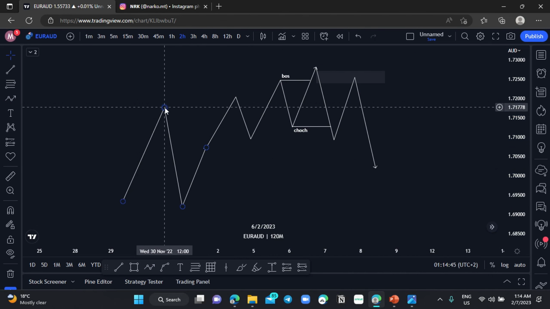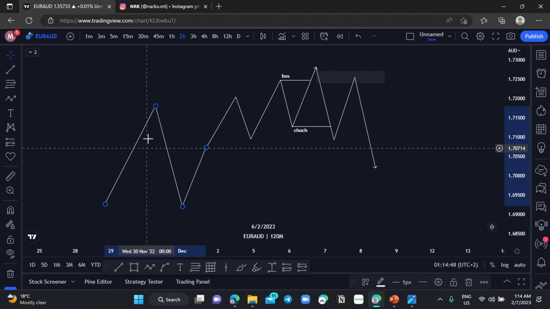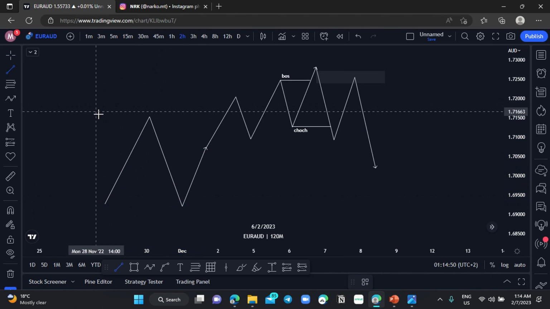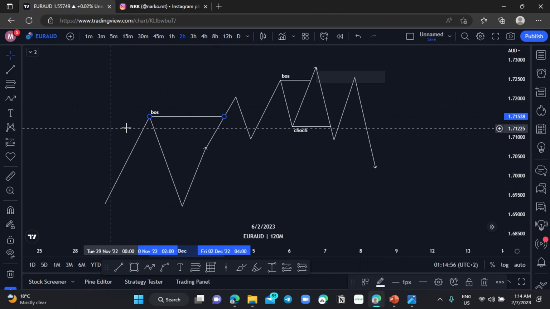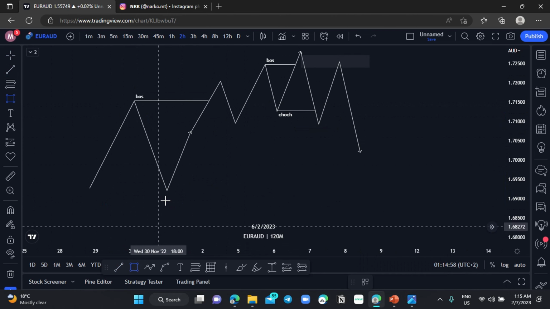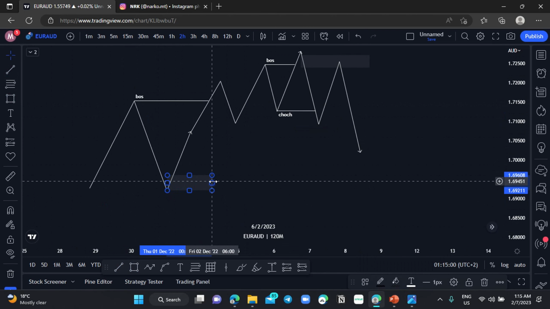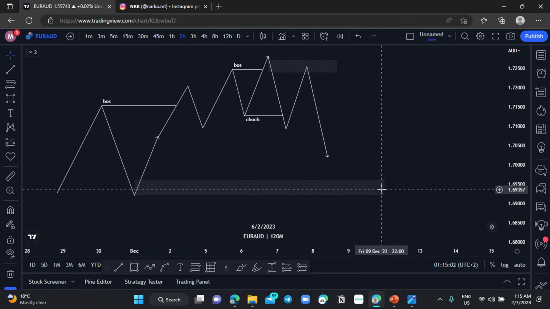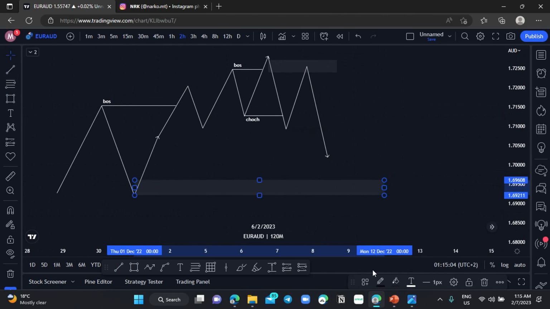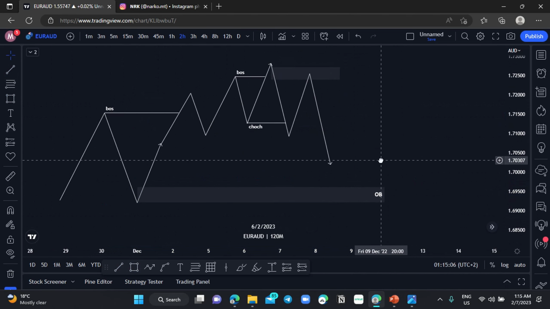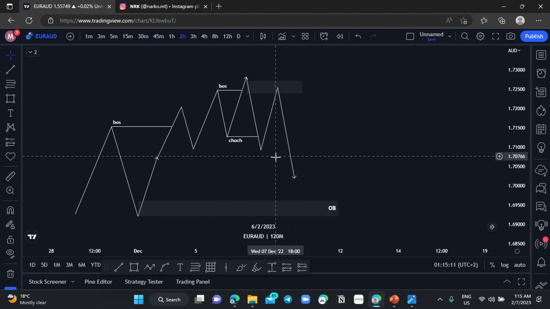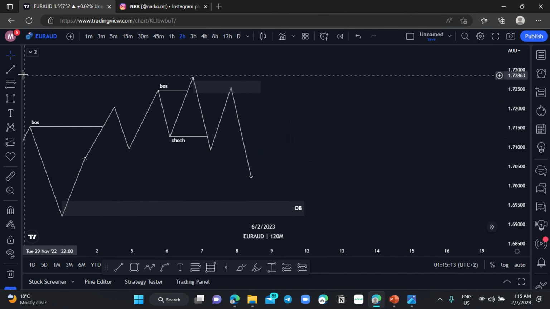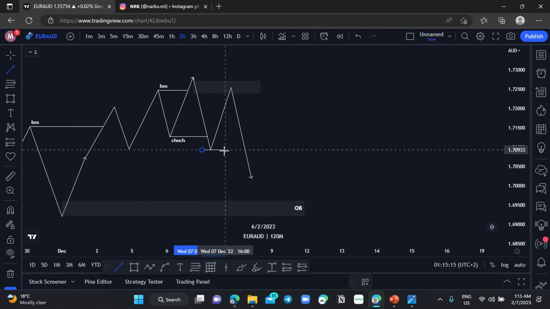Okay, so we're going to have something like this, whereby this here is your break of structure on your higher time frame. This here is your break of structure on your higher time frame, and here you're going to find your order block on your higher time frame. So initially, when you're taking your trade off here, your first take profit can be at this low here,